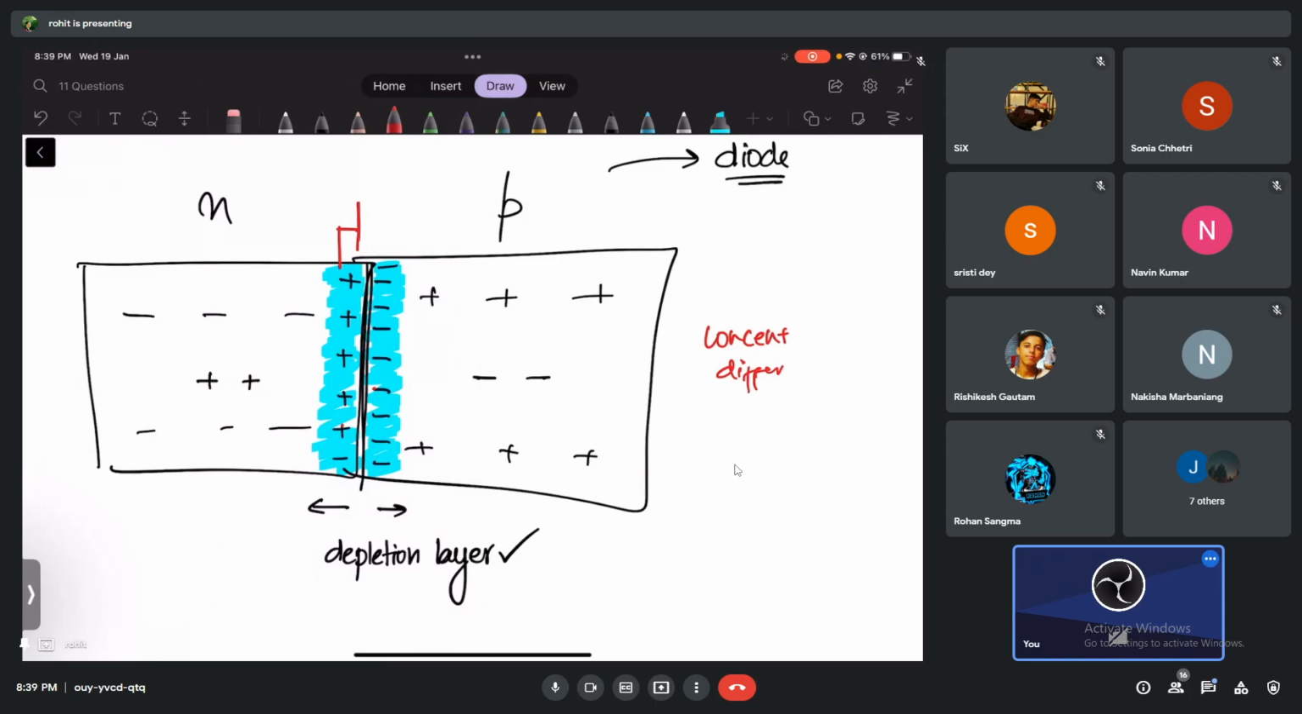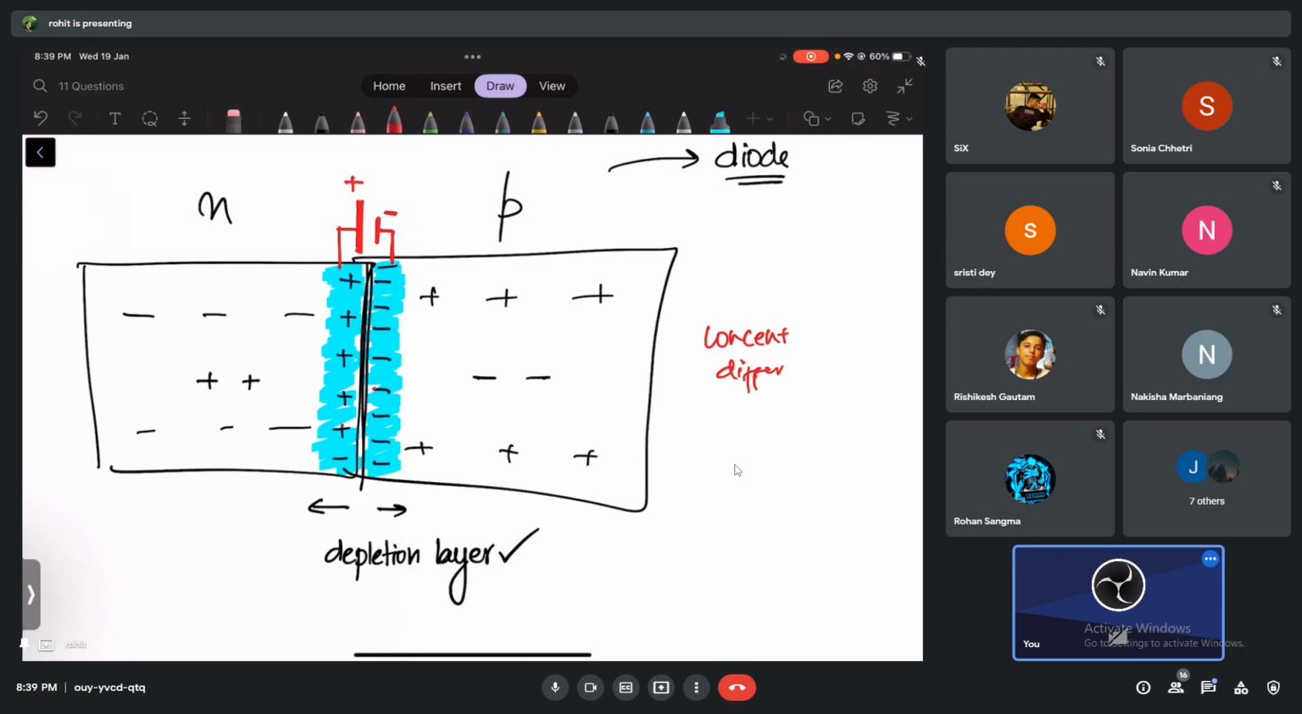Positive or negative? Positive. And the P side has become slightly what? Negative. Okay, and what does this potential do, guys? Does it help further diffusion, or will it stop the diffusion? It will stop the diffusion. Yes, and it acts like a battery, which is stopping the movement